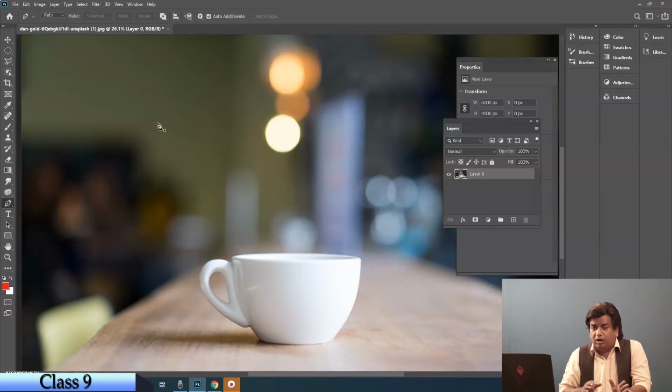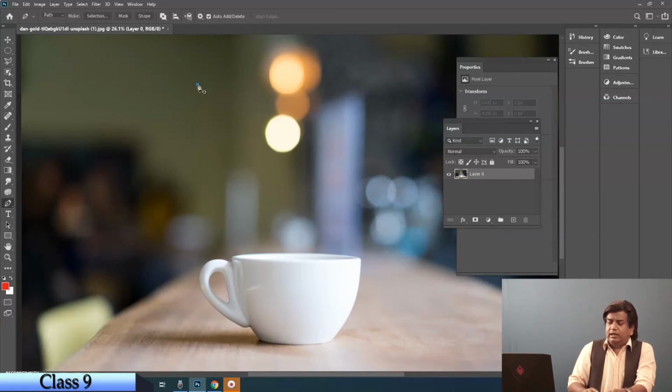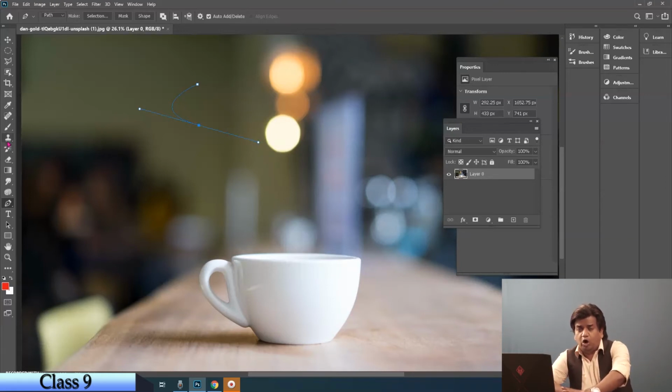But always we don't want all the curves on the opposite side. If I want the curve to be bended according to my requirement, if I want all the curve to be on one side, so what I'll do is click, leave, click, take the curve. Now here little difference than Illustrator. Okay, what you have to do, you have to press alt key on the keyboard and click on the anchor point. Okay, so you have to click on the anchor point by pressing alt key. The anchor point is closed there itself.